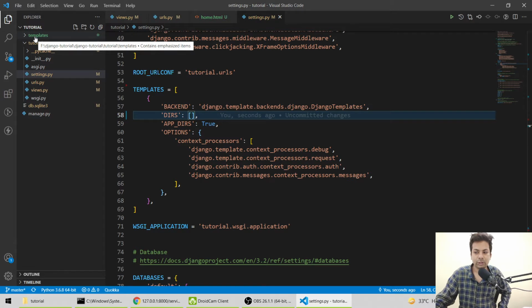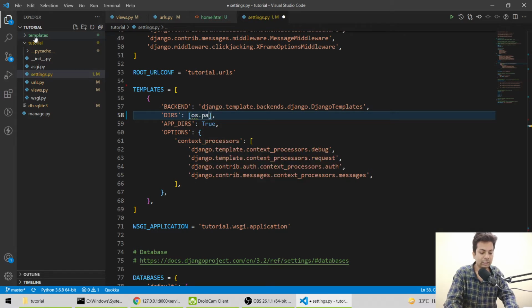For that we'll write os.path.join, then base directory, comma, folder name is templates. Whatever name you give here, you have to write it here.